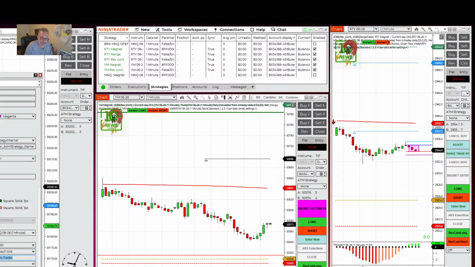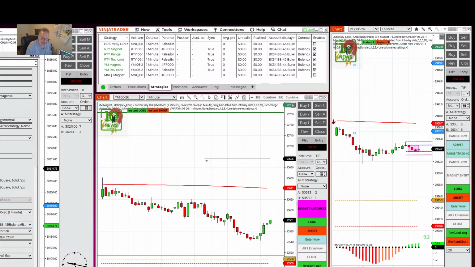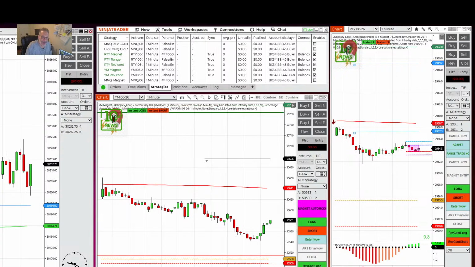If I take it, MNQ reverse continue is the label. Put the account on 45. That's where our MNQ trades, our setups exist. Apply it and okay it. You're not trading all these setups at once. So I will turn on the